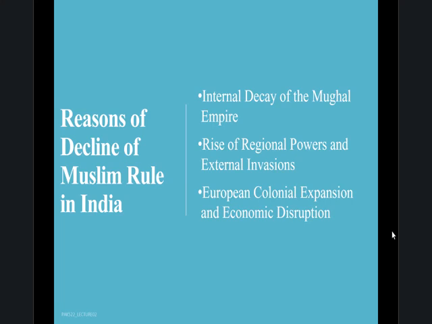Now, the first reason, that is the internal decay of the Mughal Empire. The Mughal Empire, which had for centuries represented the zenith of Muslim power in India, began its irreversible decline after the death of Mughal Emperor Aurangzeb in 1707. While Aurangzeb's long reign from 1658 to 1707 saw the empire reach its greatest territorial extent, it also sowed the